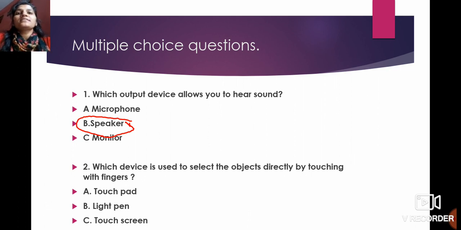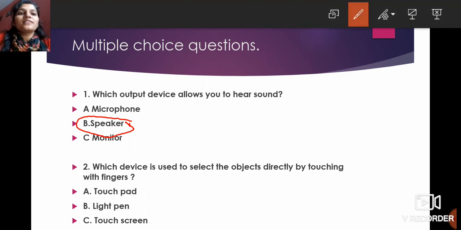Touchpad is there instead of mouse, as a cursor. So with the help of touchpad we can operate whatever is going on the monitor, but with the help of touch screen only we can select the object. So here select the object is very important, and that's why our answer is touch screen.